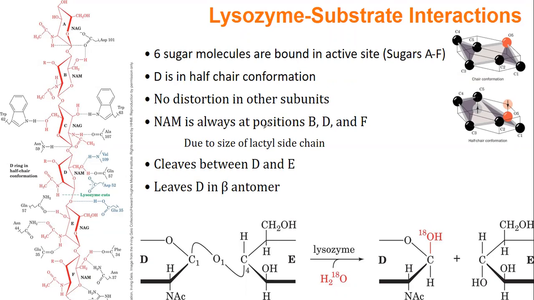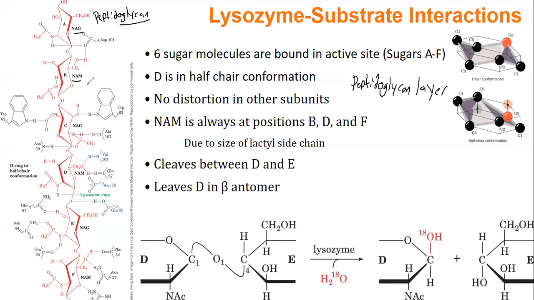What lysozyme does is cut the peptidoglycan layer of sugars. Here we're looking at the glycan portion of the peptidoglycan, where we have our NAG and our NAM